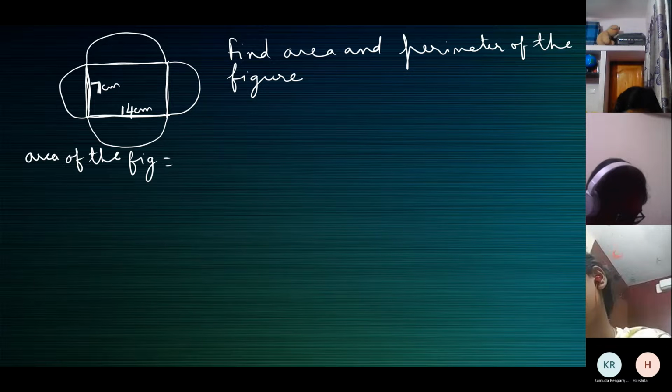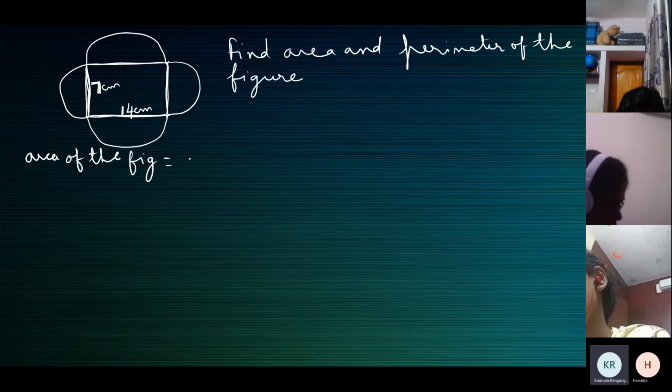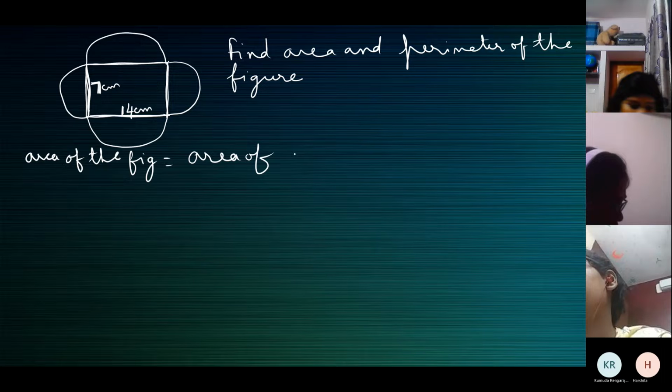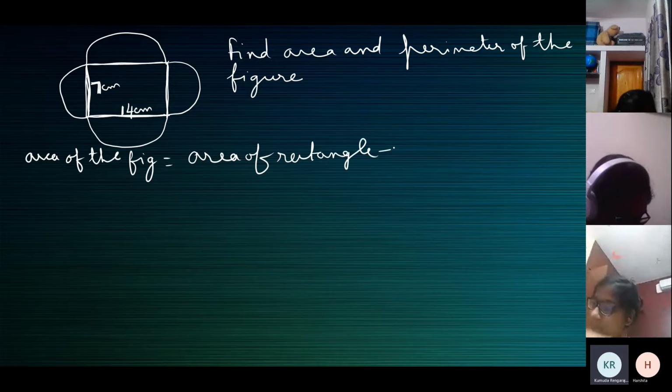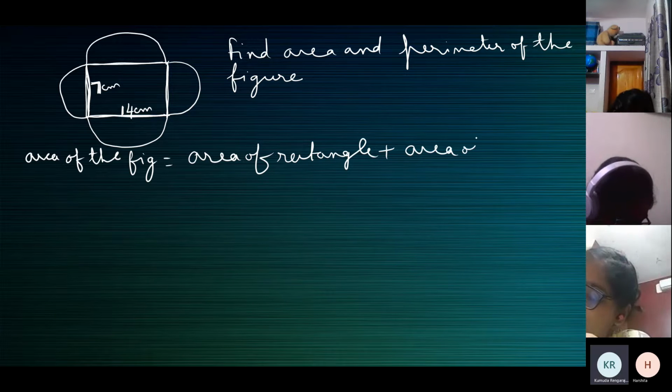Mom, 4 pi r plus LB. How 4 pi r? Okay. Tell me in words, how will you find the area of the figure? Area of the figure is area of circle plus area of semicircle plus area of rectangle, Mom. Yeah, area of rectangle plus area of semicircle. No, area of two semicircles